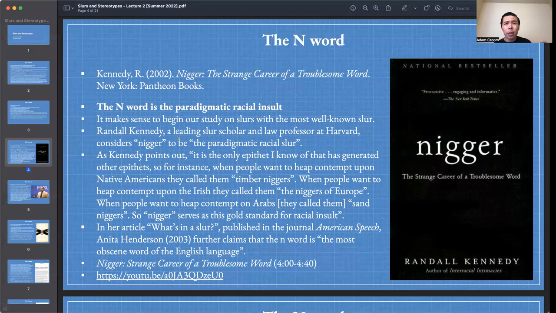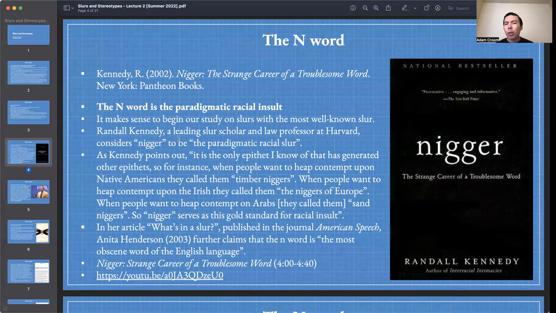We can understand its paradigm use. We can understand its other usages. And this can help serve as a model for us for how slurs in general might work. Okay, as we become experts on the N-word, it'll help us become experts on other types of words that function in the way that the N-word functions. And we'll see that many slurs function in this way, even though they may not be as salient or considered as offensive as the N-word.